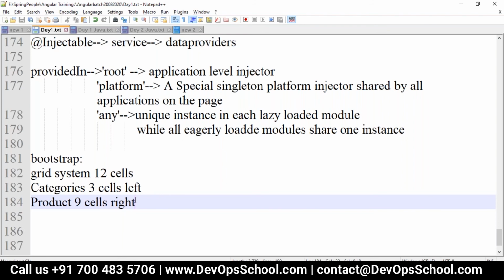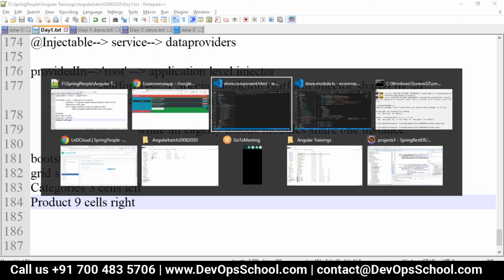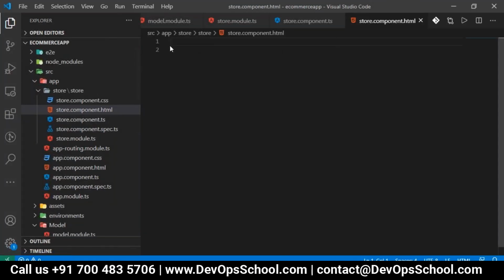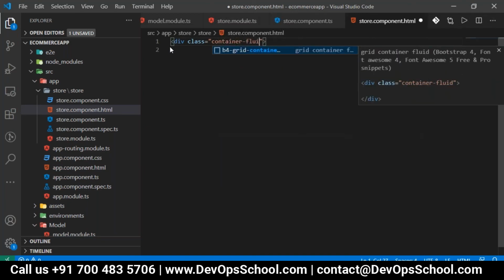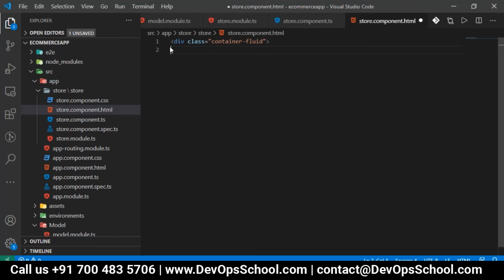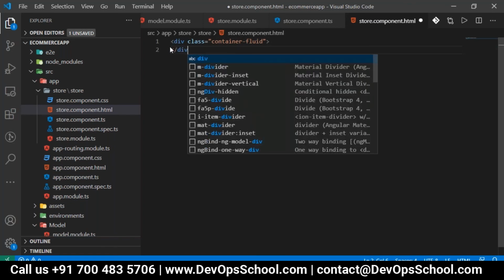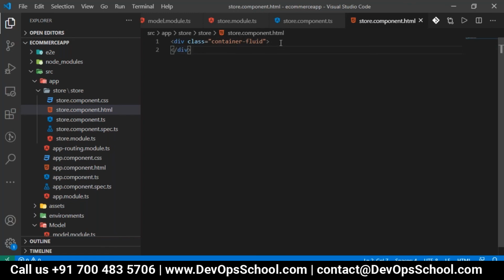So how can I do this job? We already installed Bootstrap in our application, so we can use the div classes that are there in Bootstrap. So div class container-fluid, which is a CSS class name.